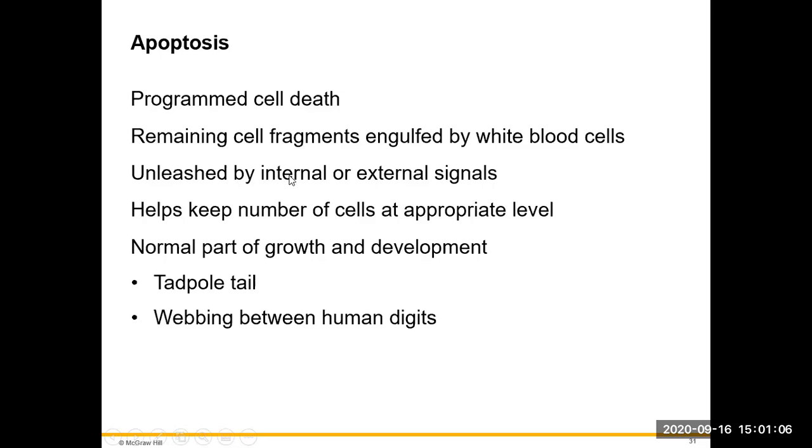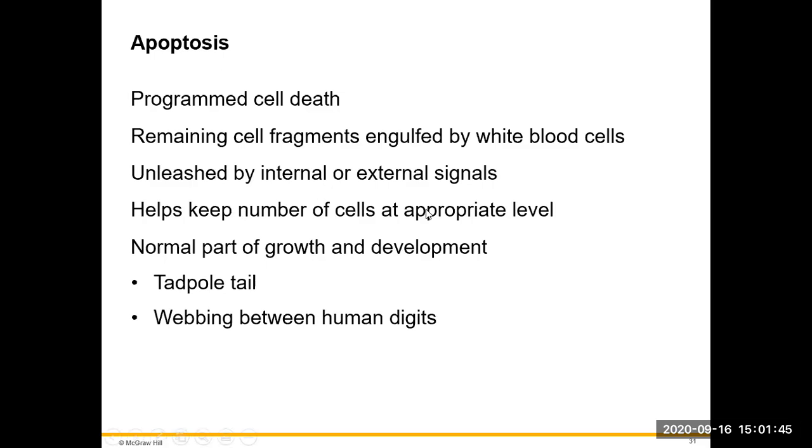Apoptosis is unleashed by internal and external signals. We said that already. For example, if you are exposed to nuclear radiation, the cell might kill itself because it is an external signal, and if the cell doesn't destroy itself, it might send wrong signals to other cells, which might kill the whole organism. An internal signal could be, as one simple example, a hormone. A hormone could serve as a signal that will go to certain cells and tell them to destroy themselves.